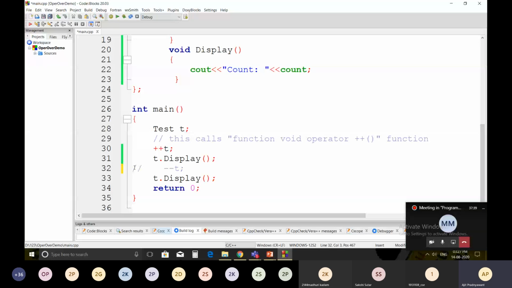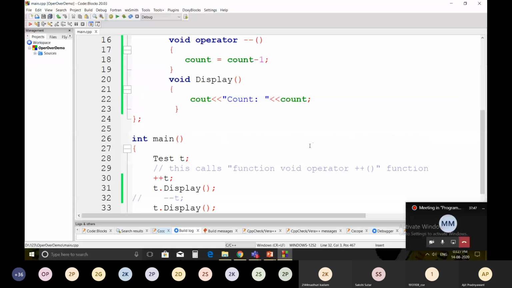What will be the output of the code? Anyone? Error. Why?